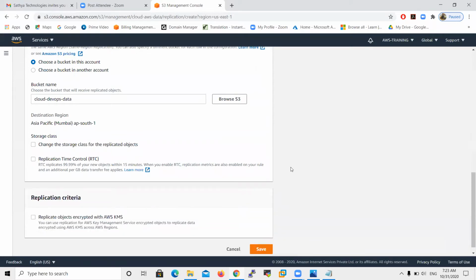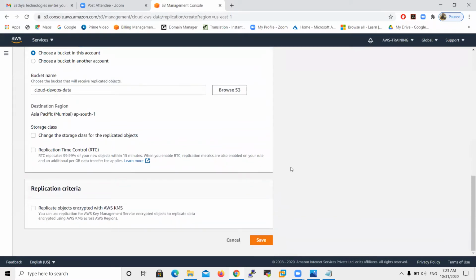And one more beautiful feature here: storage class means you can change the storage class for the replicated objects. If I upload an object with the standard class in the source bucket, in early days the destination bucket also maintained the same class.